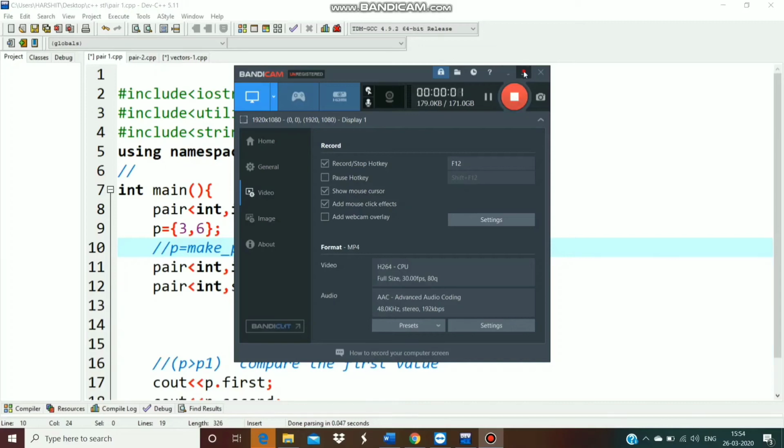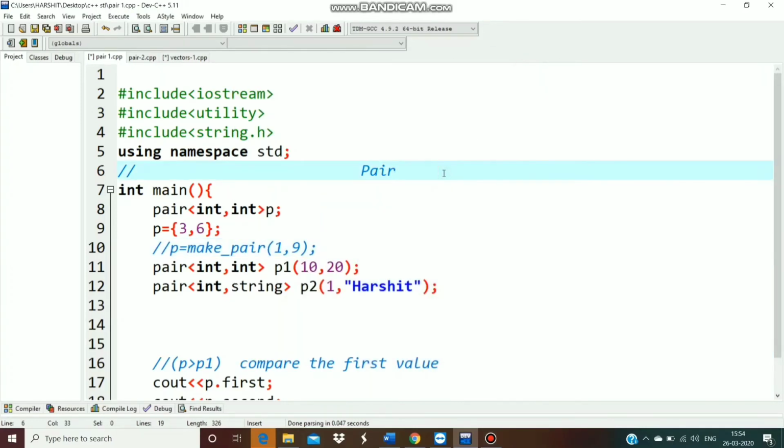Okay, so our first topic is pair. Pair is basically a simple container, and we'll be using this pair in many problems, like the problems having a starting point or ending point or coordinates of a rectangle, or in any area where we need a pair. So it's important to use this template. Either you can make your own structure, but we can use the template as it is a simple container provided